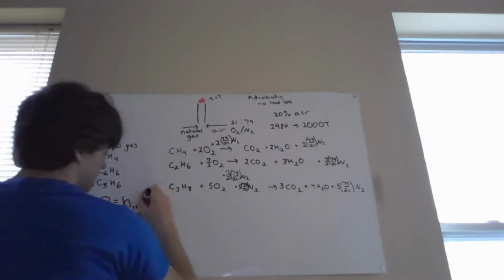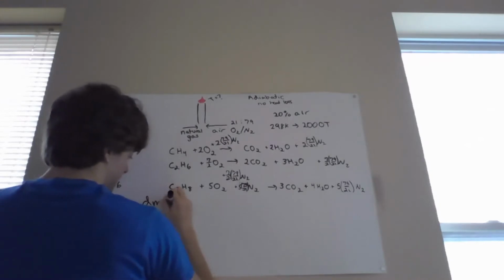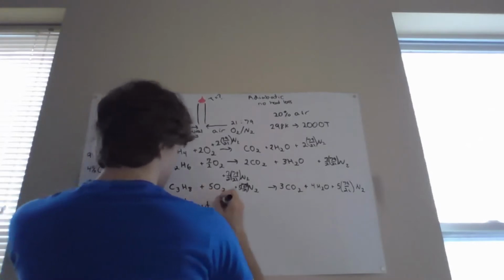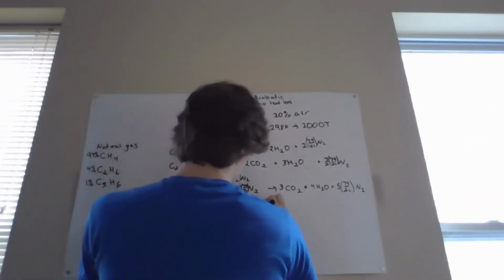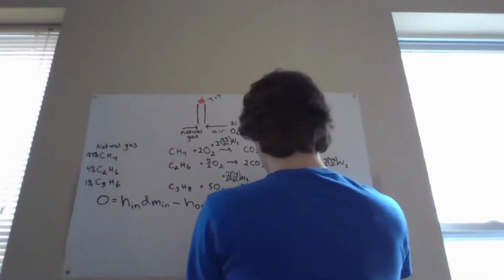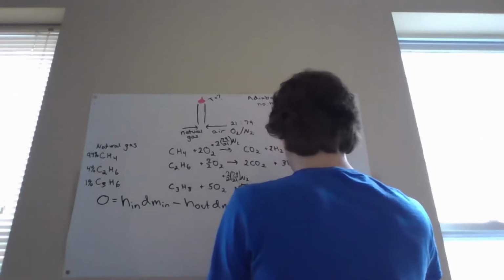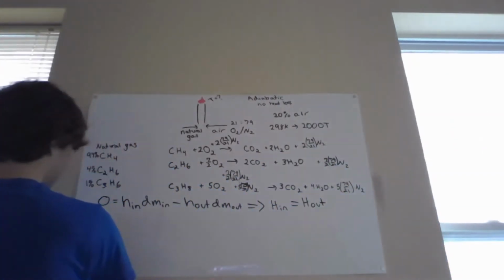products going in times their mass minus the enthalpy of the products going out times the mass of the products going out. And so this is the same as writing the enthalpy in to the flame will be the same as the enthalpy out of the flame. So we can get at the change in enthalpy